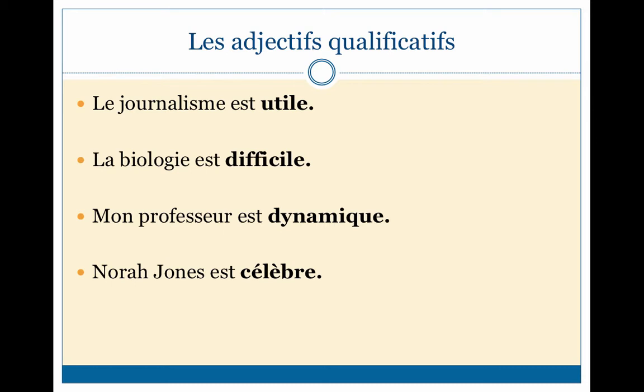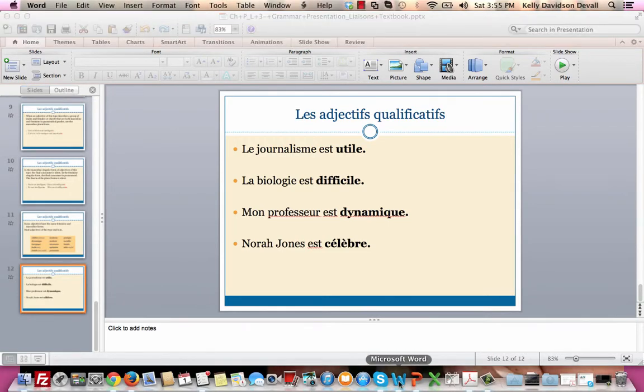Now, we also want to note that the same thing that goes for not reinventing the wheel regarding adding an E onto regular E adjectives is if your adjective already ends in S. So, for example, the adjective for someone who is from Senegal is Sénégalais, and it ends in AIS. We don't need to reinvent the wheel for the masculine singular form, and I can show you an example of this if we type it out here.